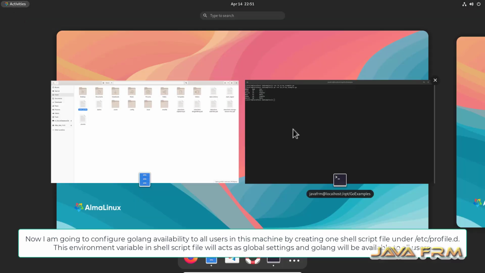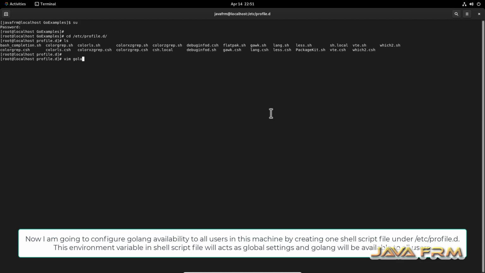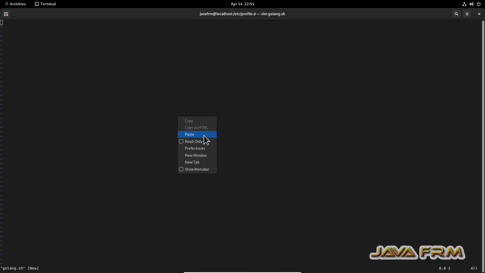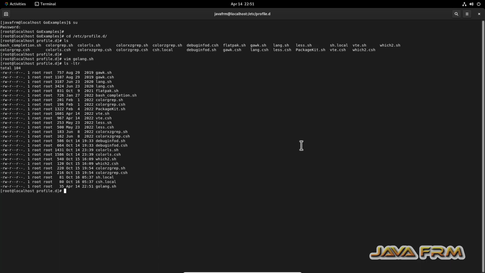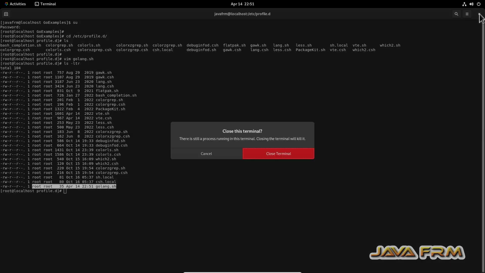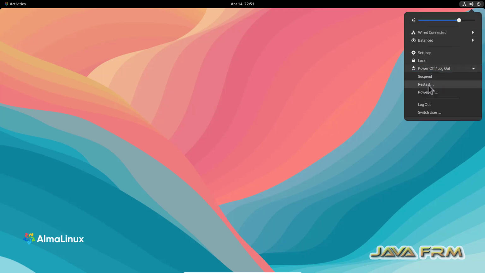Now what I am going to do, come back to the terminal, switch as a root user, cd /etc/profile.d. So under this directory I am creating one shell script called golang.sh. So I am pasting the export path line which I have deleted there. Okay, save the golang.sh shell script file. So what will happen, whenever any user logs into this machine, this golang.sh shell script will automatically be called and